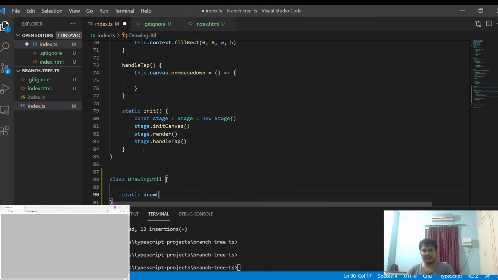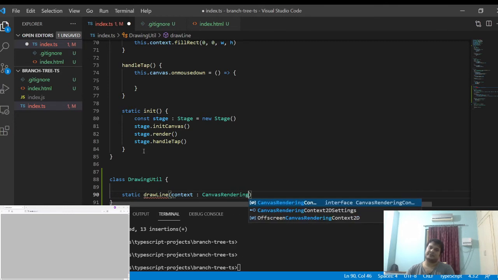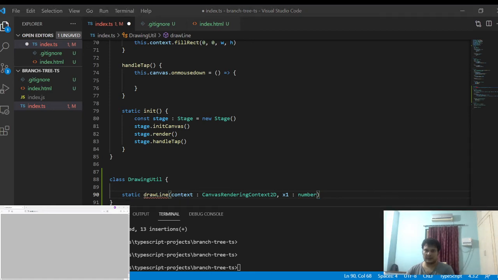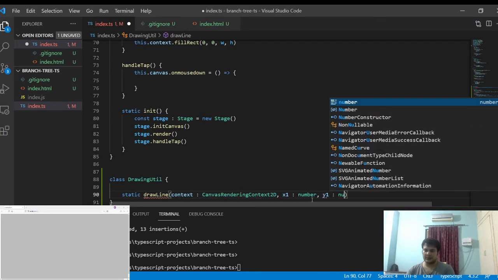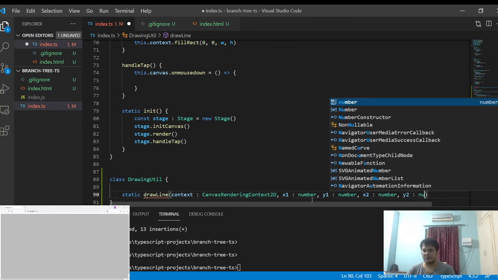Let's draw a line. So this draw util will have all the utility methods to draw certain objects. It will take a context object. It will take an x coordinate. Okay. It will take a y coordinate. It will take another x2 and y2 coordinate.